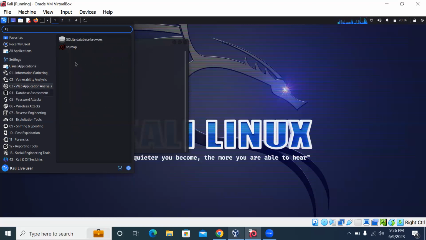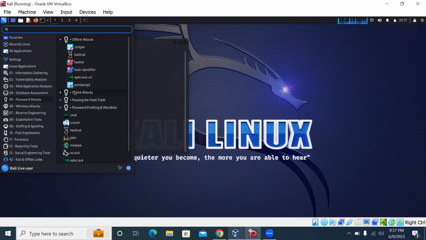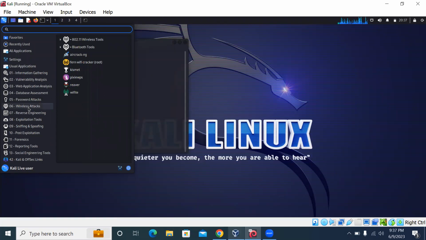So there are database assessment tools, SQLMap, SQLite browsers, and there are password attack tools, you can see Medusa, Hydra, Hashcat, and others, right? Just like what we have been explaining all this while. So there are several tools you can use to achieve this task, right? So you can see wireless attacks, for those of you that want to attack wireless networks and all those things, reverse engineering, you can see exploitation tools, right? So in exploitation tools, just like I told us, you can use what we call the Metasploit Framework,